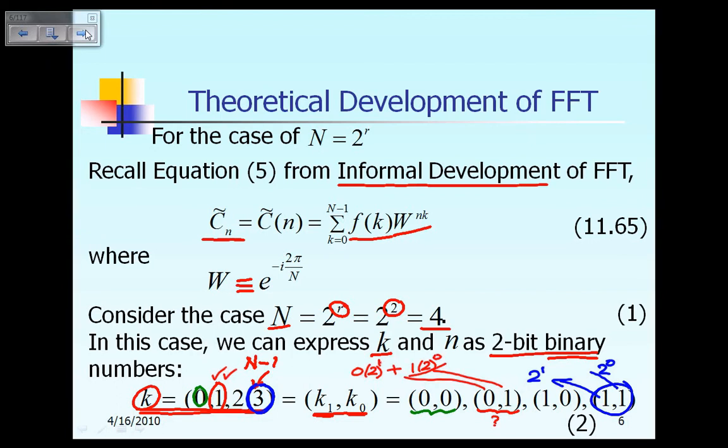So that's all. What I'm trying to tell you is any index k can be expressed using a 2-bit binary number as k1 comma k0. So that way, instead of saying the value of k goes from 0, 1, 2, 3, now I can say the value of k can go from 0,0 to 0,1, 1,0, and 1,1. Okay. In the next slide,